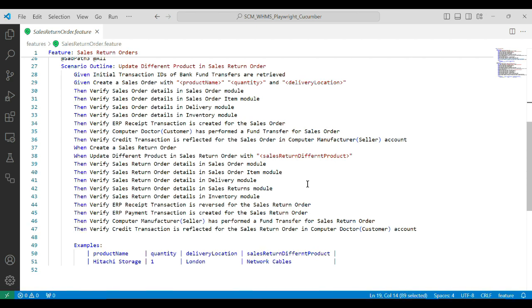in the warehouse management system, ERP transaction and the bank transaction would be verified and validated. Once the prerequisites are met and validated, a sales return order would be created. Once sales return order is created, the created sales return order would be updated with different sales return product, that